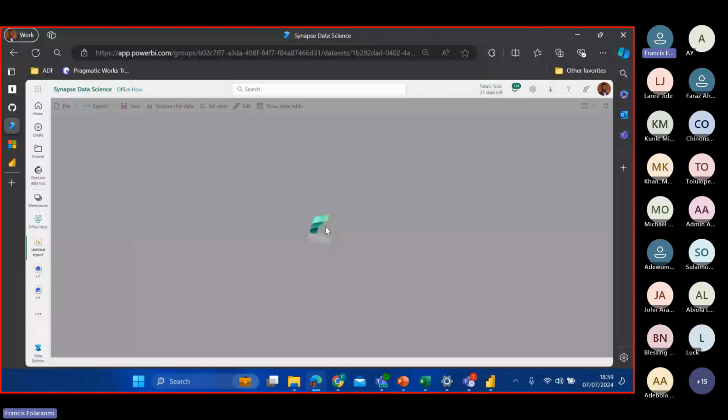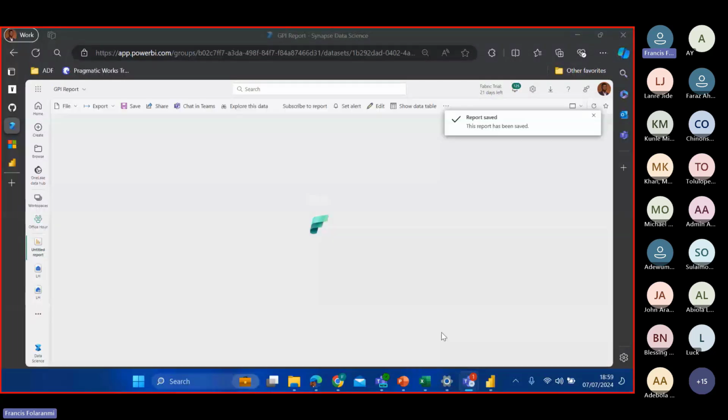Let's see what it looks like, if it's going to allow us. Ideally, it should give us a little visualization based on the data sets that we created in our semantic model. While that is happening, let me open the one that I created in Power BI Desktop, and I will explain why I created it there. I want to be able to do some advanced visualization, which is not available on the online version as of today. So it's still loading up.